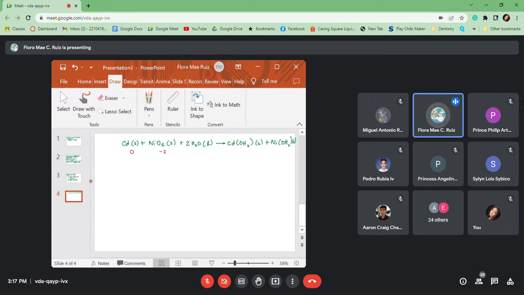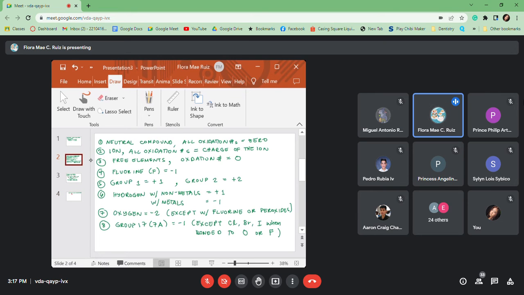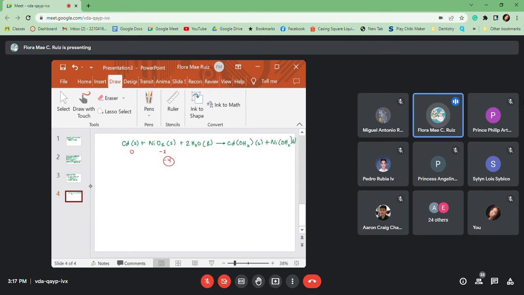But there are two oxygens, so 2 times -2 is equal to -4. And rule number 1 states that for a neutral compound, the sum of all oxidation numbers must equal 0. Okay, so what do we add to -4 so that it will be equal to 0? That is plus 4. Okay, so that is the oxidation number of your nickel. Next,